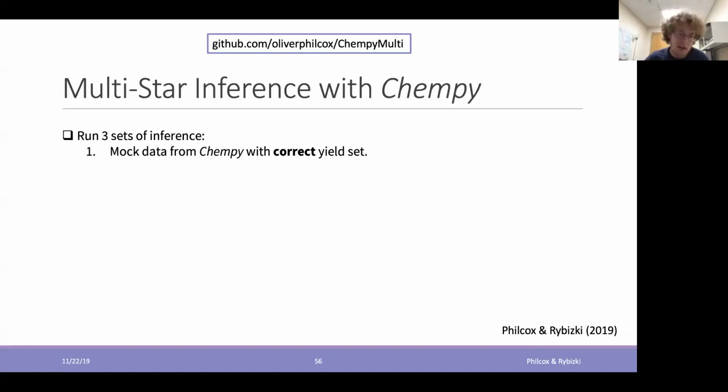This mock data set is simply 200 stars born at specific times with specific protostellar abundances. For all of these, we add observational errors to make it realistic, to match contemporary data sets. Okay, so this is good to test that our inference actually works.